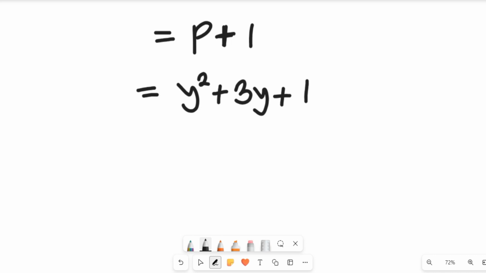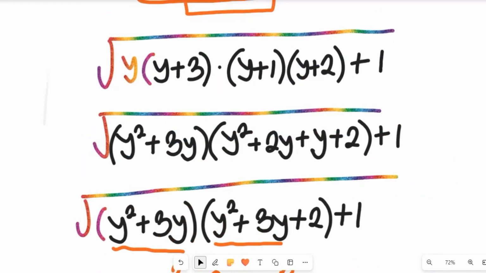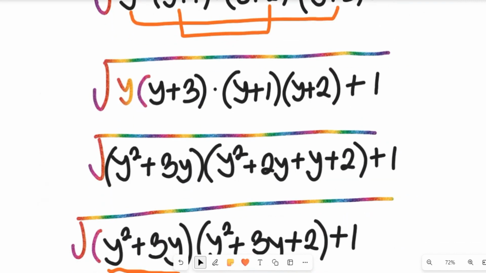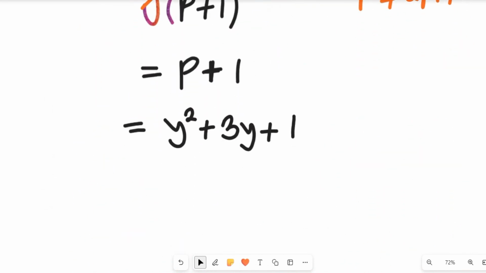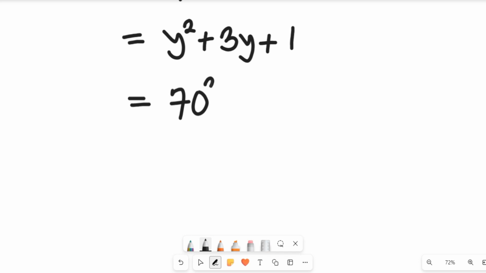But we also recall that we said earlier on that our y is equal to what? Our y is equal to 70. So if we put 70 back into that expression, you come to see that this whole expression will now give us 70 squared plus 3 multiplied by 70